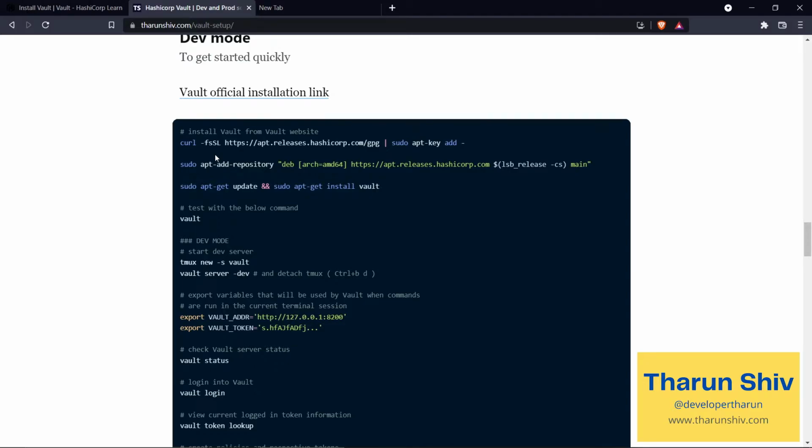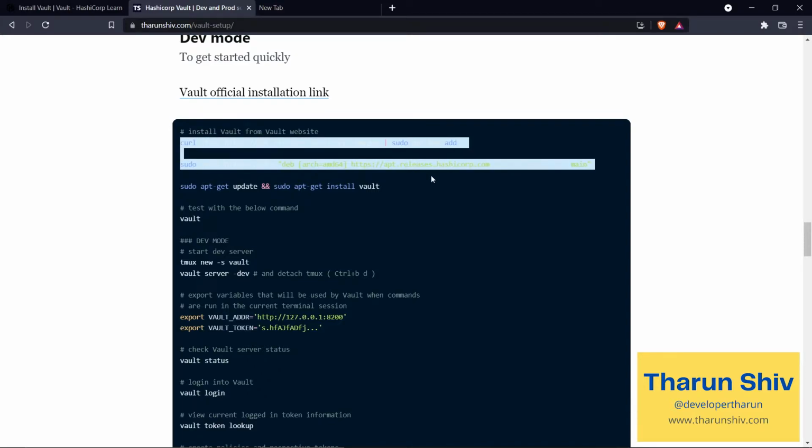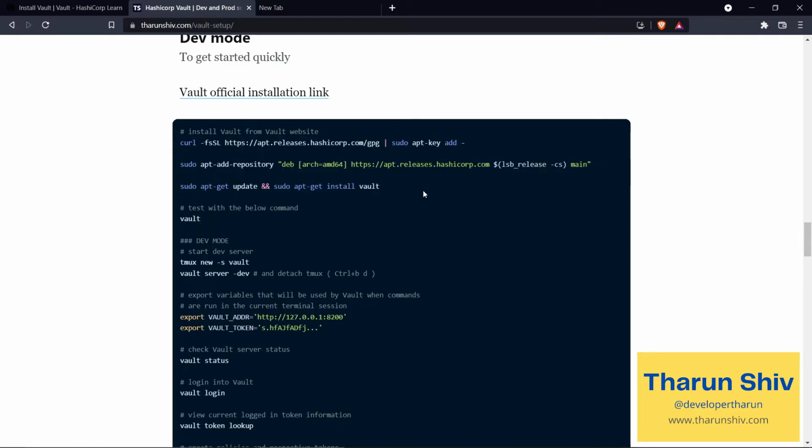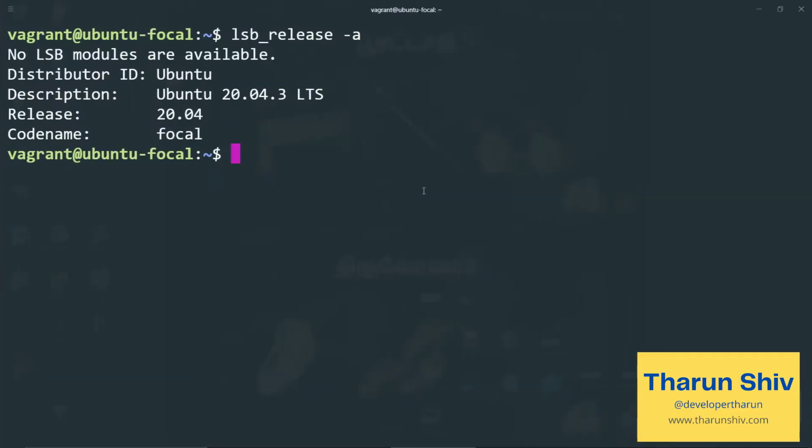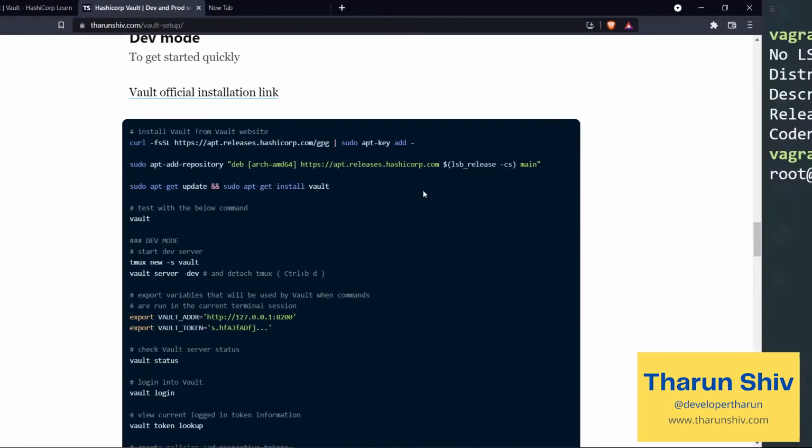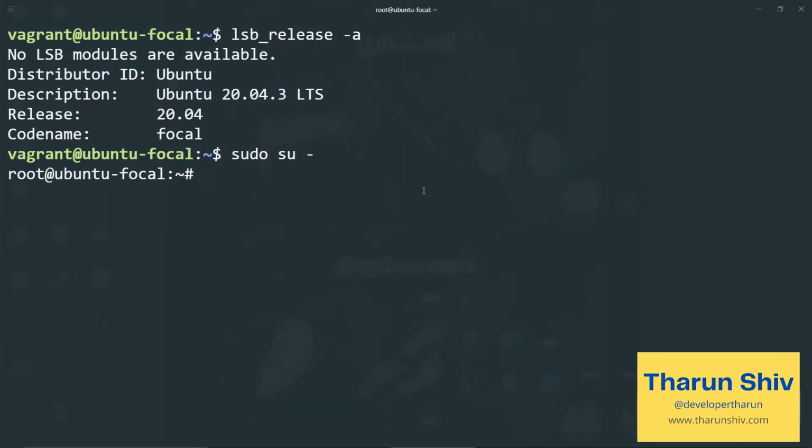Also, I have placed the commands for this lesson at tarunshiv.com/vault-setup. So let's begin. First of all, I'll run the commands that add the Vault repositories, update our local repositories, and install the Vault package.